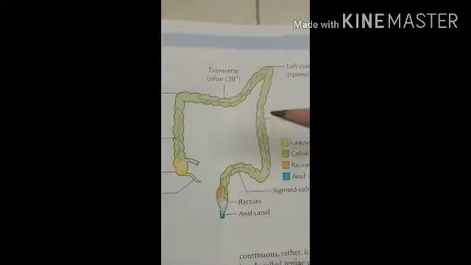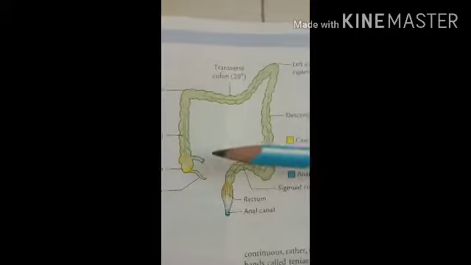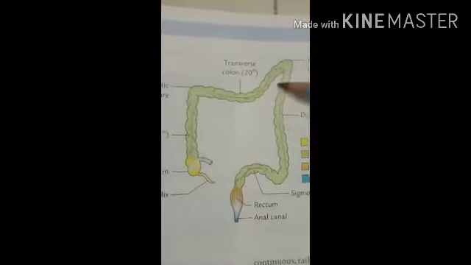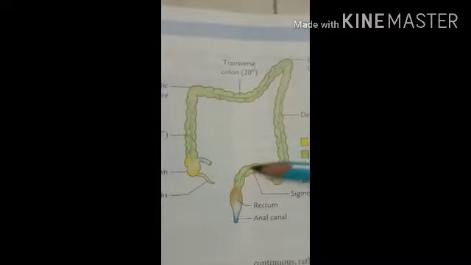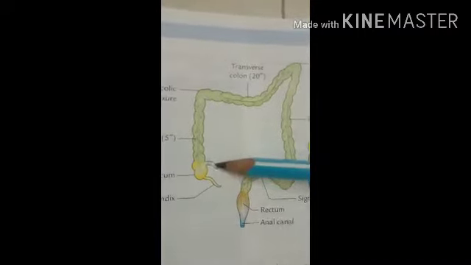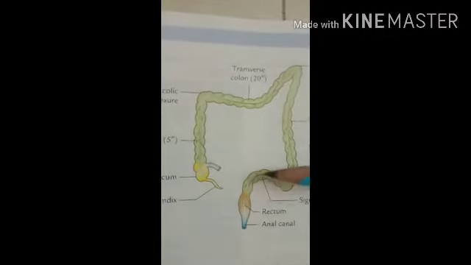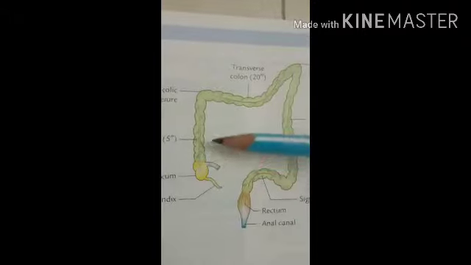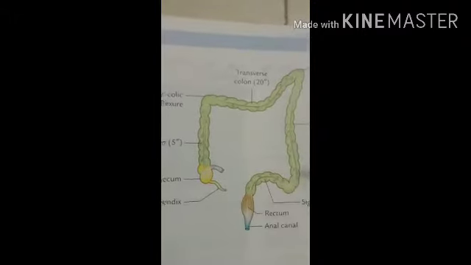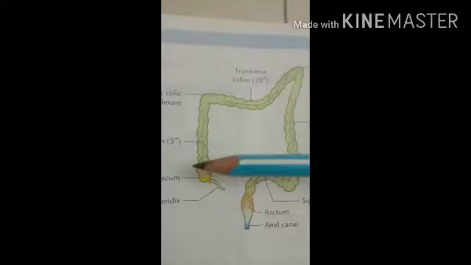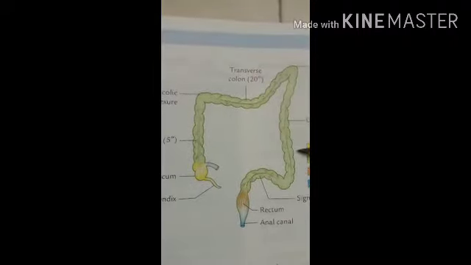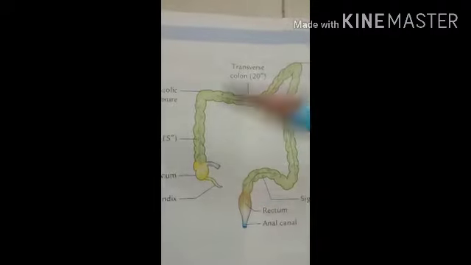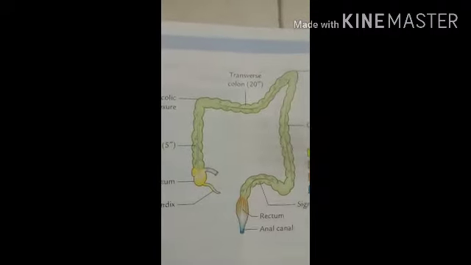Second, the greater part of the large intestine is fixed, except the appendix, the transverse colon and the sigmoid colon. Only these three parts are movable because they are covered by the mesocolon, the peritoneal membrane, and the remaining parts are only anteriorly covered. So these parts are fixed: the ascending colon, the descending colon, and the cecum of the large intestine.